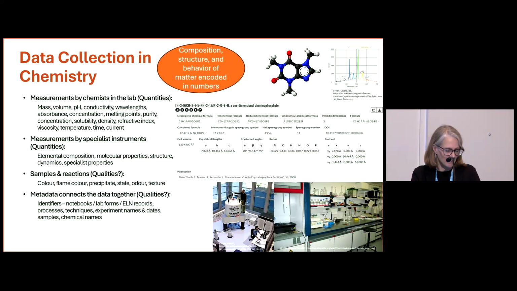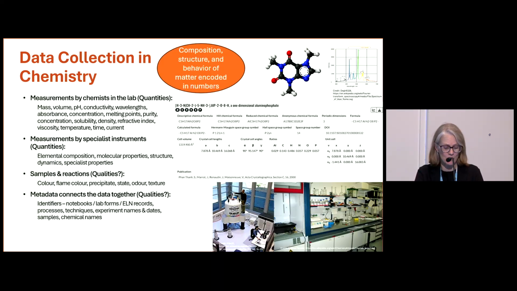So now, data collection in chemistry. Chemistry is primarily a lab-based discipline, although the measurements being taken can vary quite a lot depending on the science. Hopefully you will hear more about the specifics of quantities in chemistry at some point in this talk. Some measurements are done at the lab bench and are typically recorded in a notebook, still often paper, but increasingly digital notebooks, which can help with capturing the units and metadata in a consistent and structured way. Other measurements require